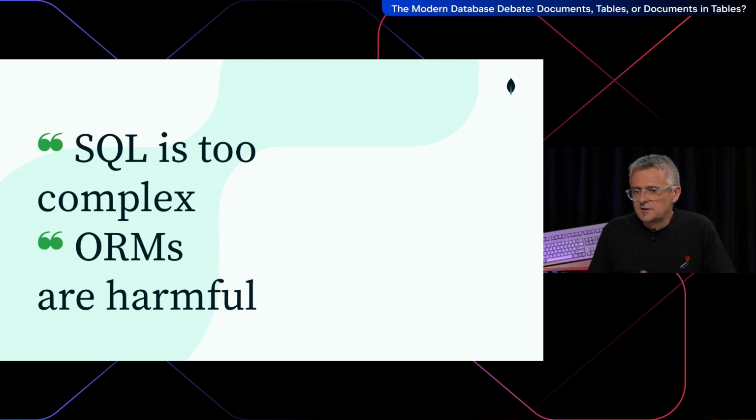And again, what we hear from the NoSQL advocates is that SQL is too complex. It can become less complex if you use an ORM like Hibernate to map directly your application objects to the SQL. But then your DBA will complain that it generates a lot of bad queries, maybe.